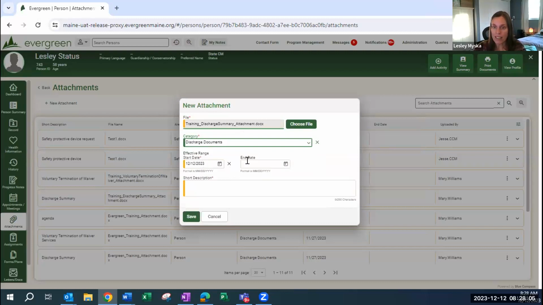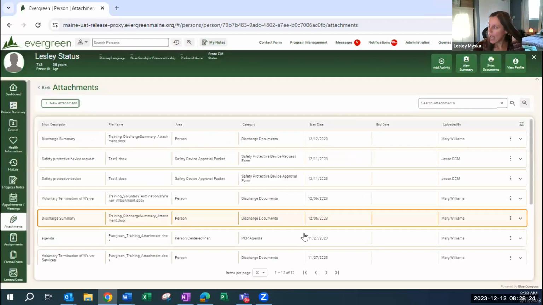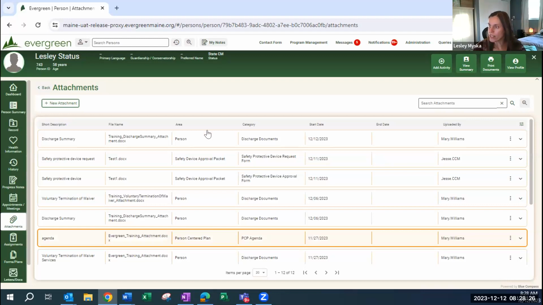You can put an end date on this, or you can leave it open where this is an active discharge document. You could probably leave that end date open. And then you just want to give it a little short descriptive title like discharge summary. And then click save. This will add that document right to the top of my